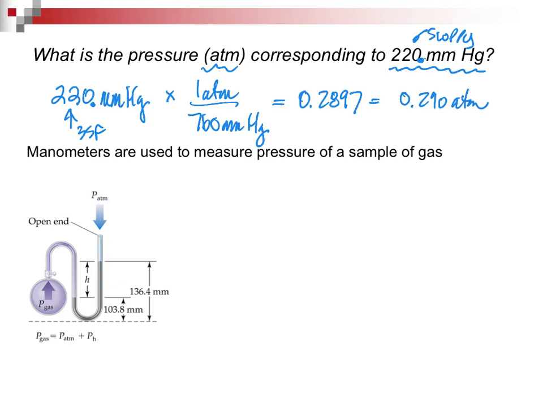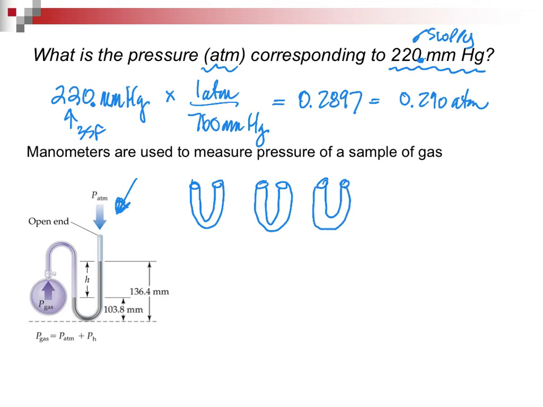Now, another question you're going to have is, how do I work with this? And what I would do if we were in class is I would draw these 3 things on the blackboard. I would put up these 3 U-tubes, and no, these are not internet videos. I know that's a very bad joke. But what I would do is I would say, if I have a U-tube and it has liquid in it, and I have gas 1 and I have gas 2, if I see an equal level, I would say that the pressure of 1 equals the pressure of 2.